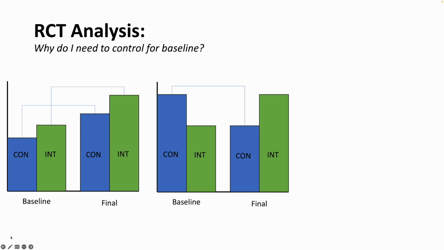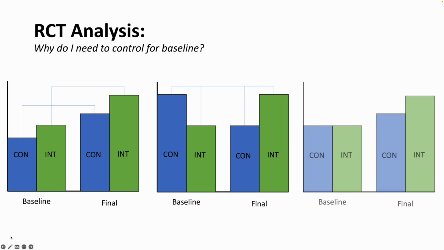Next, on the other hand, we might run into a situation where the control starts a lot higher than the intervention group, but the intervention group starts a lot lower. Now, this is a case where there's just regression to the mean occurring. So both groups are regressing towards the average. So this doesn't necessarily mean that there's a treatment effect. It could just mean that regression toward the mean is actually happening. And then lastly, we most likely are never going to run into that situation that we would want, where control and intervention are equal,